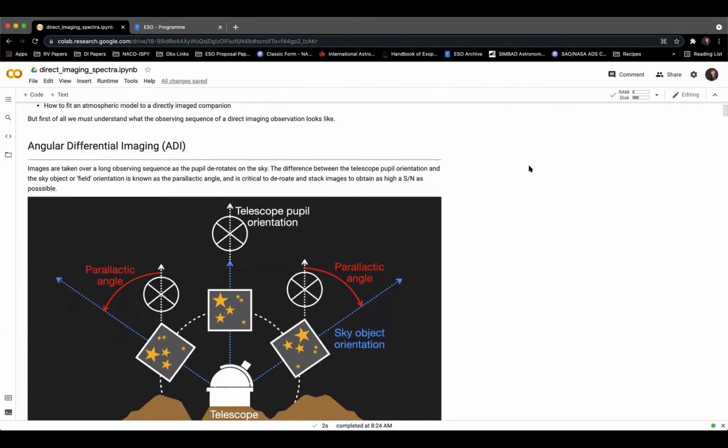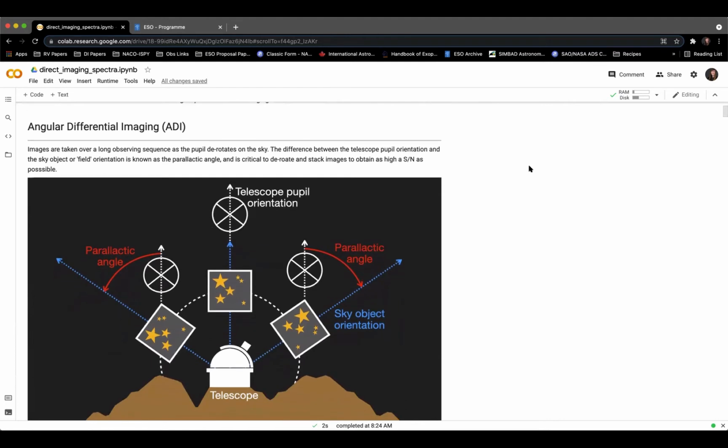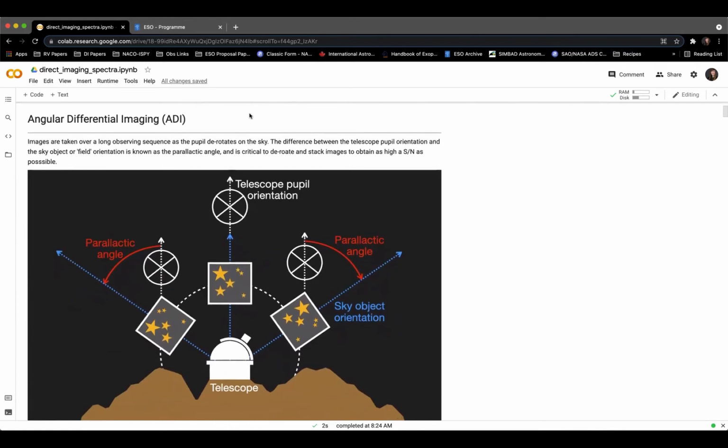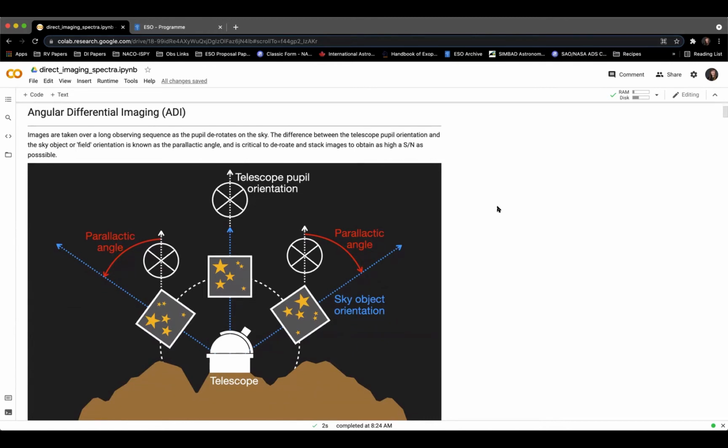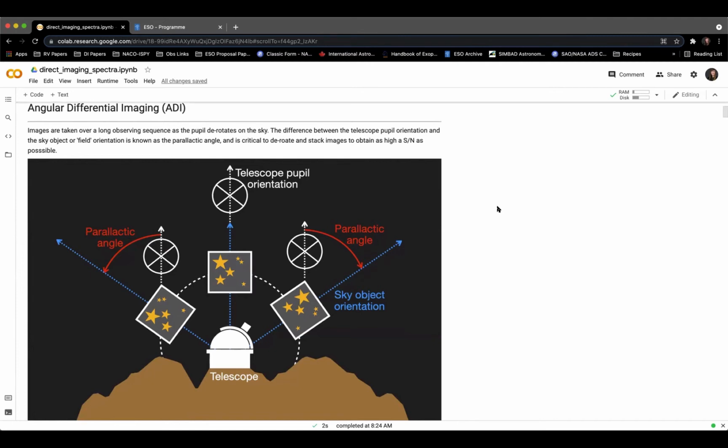talking about. I'm obviously not going to go through the whole process of how we actually post-process direct imaging observations, but just some of the things that will help you understand the processes that I've outlined here. So when I talk about angular differential imaging, or ADI, I'm just talking about the observing sequence when we do direct imaging observations. Because when we're taking a direct image, and it's quite literally that, taking a direct image of a companion next to a stellar host, the contrast ratios between the stellar host and the planet are really, really extreme. And so in order to optimize the signal to noise ratio that we obtain from those observations, we use ADI to derotate and stack the images on top of each other to add that